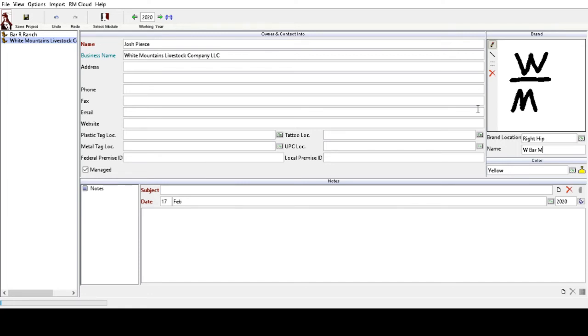Freaking cool, right? So it's real simple, but this module actually ties into everything else in the software. You can add specific notes, etc. So the nice thing is, if you need to add a new owner, just click on that little new icon right there, same as what you get in a lot of other software packages, and you type it in. So we'll go